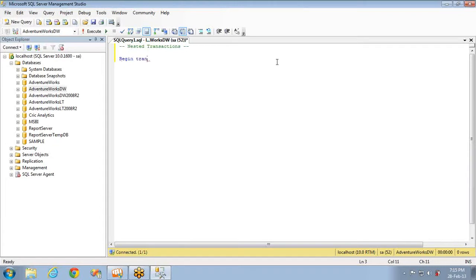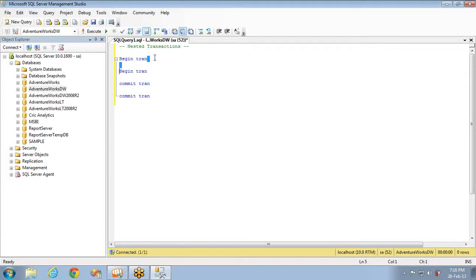Begin transaction, and I'll begin one more transaction, commit transaction, and commit transaction. So if you see, the inner one is nested in the outer transaction.